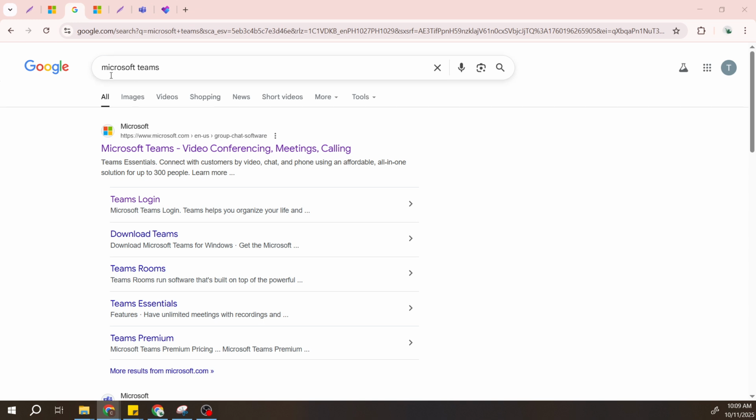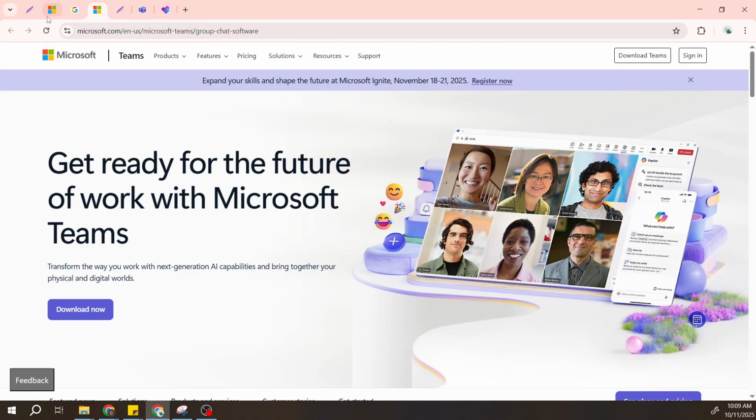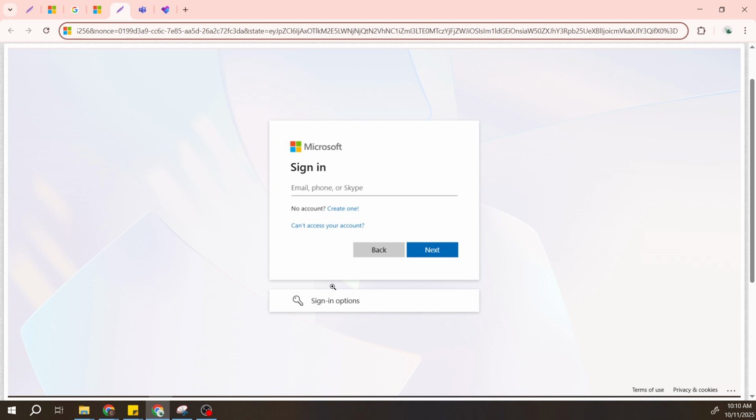To get started, we need to open your preferred internet browser and use the search bar to look up Microsoft Teams. If you already have the app installed on your device, you can simply open it. But for those using a web browser, typing Microsoft Teams and accessing it through the official site will suffice. Once you're on the Teams homepage, it's time to log in. Using your credentials, which could be your work or school email, enter the necessary information and proceed to access your